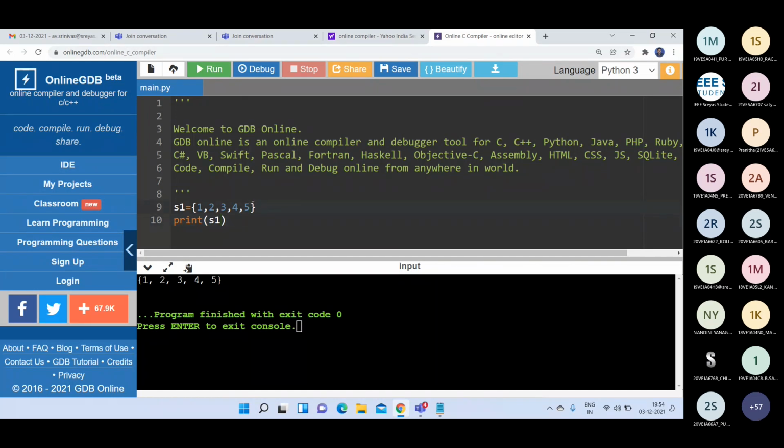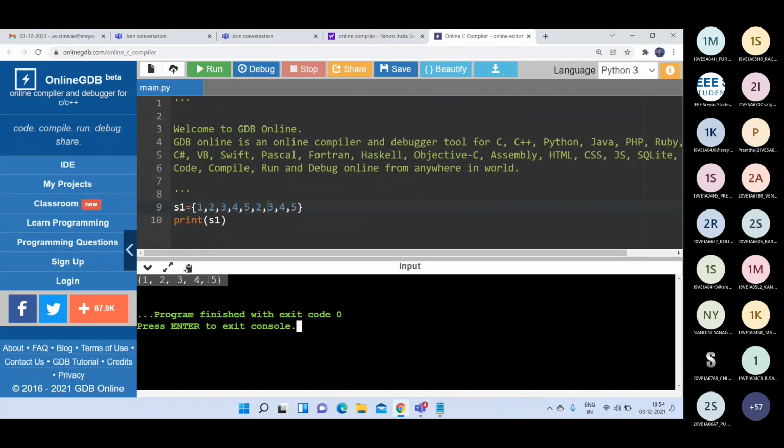Suppose I am giving here again 2, 3, 4, 5. See the output. What is the output here? 1, 2, 3, 4, 5. Even though you are writing duplicate values, while printing the sets, the Python interpreter will not print the duplicate values. Those are removed directly by the Python interpreter.